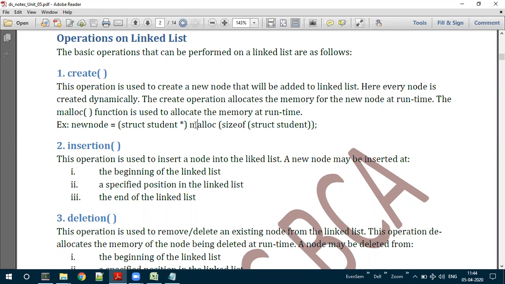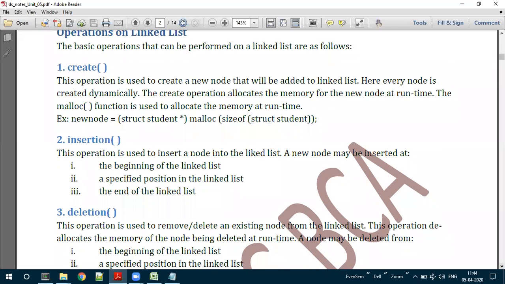So we have to use the malloc function over there: new node equal to struct student star malloc size of struct student. Here student is the structure which we have created, or the definition of the node which we have created. Is that understood? Create operation.